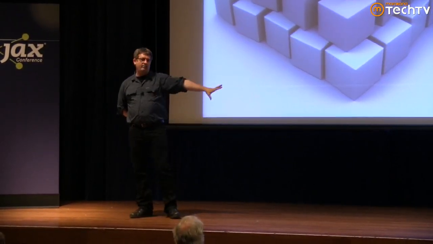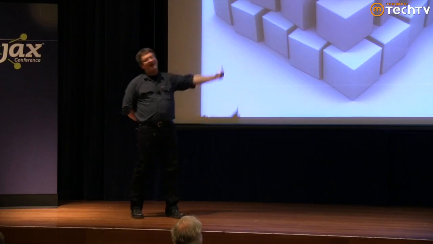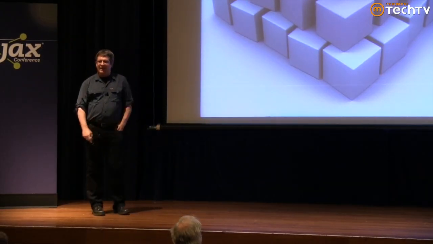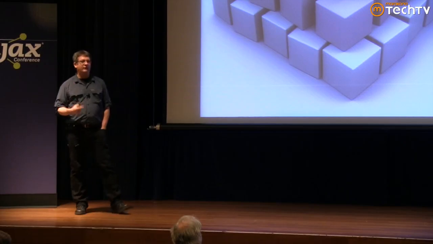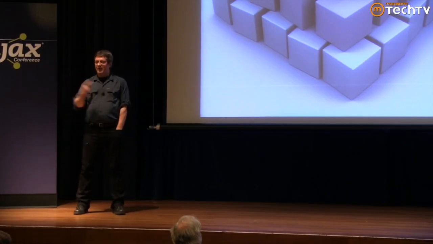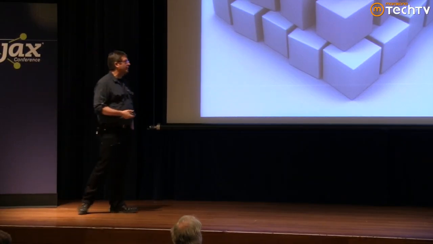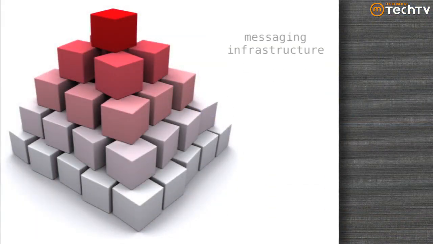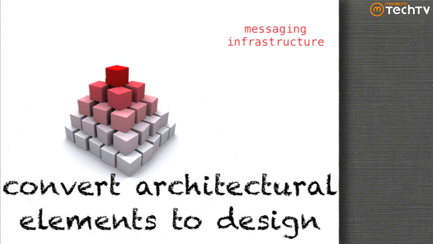So when he put that in place, he was careful to put that behind a facade, behind an interface, so that when it came time to switch this out, it took one pair of developers less than a week to swap out background RB with Starling. By putting it behind an interface, he basically converted it from an architectural element into a design element. And that's exactly what you want to do, convert things that are hard to change later into things that are